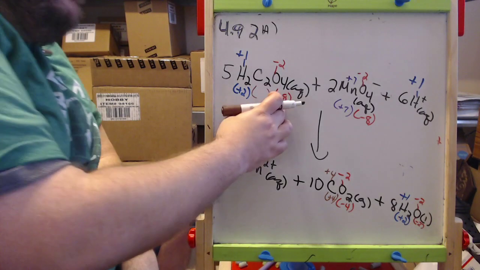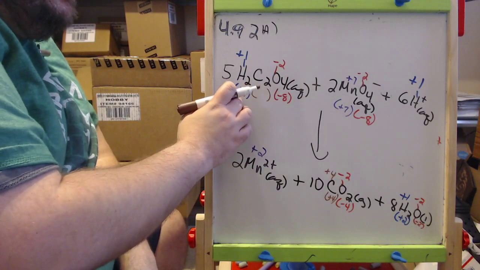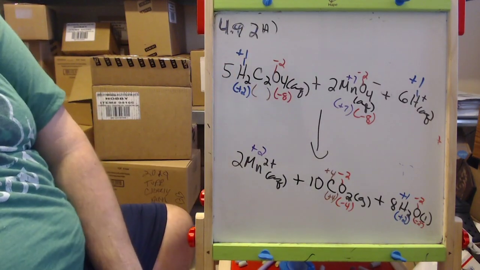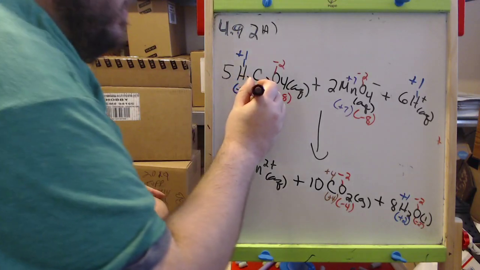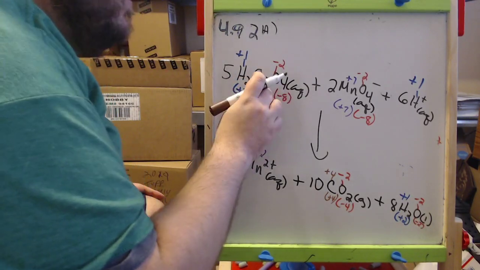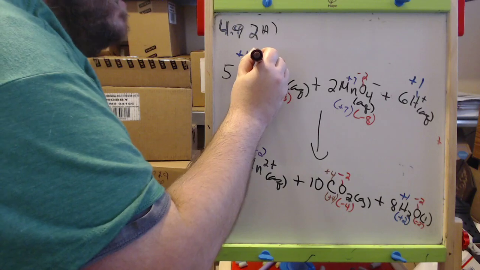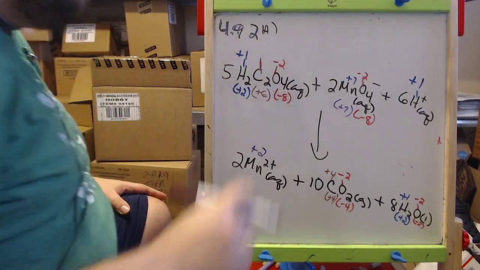I got a -8 based on oxygen. I got a +2 based on hydrogen. So +6. Now, since I have 2 of them, the oxidation number on carbon has to be